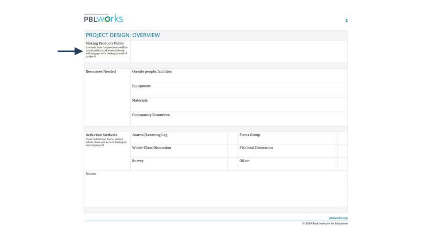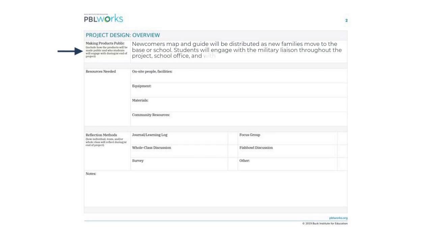As we move on to page 2 of the Buck Institute for Education's template for project-based learning, we start with making projects public. And this includes how the projects will be made public and how students will engage. In this case, the public product is a newcomer's map and guide, and it will be distributed as new families move to the base or school. Students will engage with the military liaison throughout the project, the school office, and with new families at a planned reception to reveal their